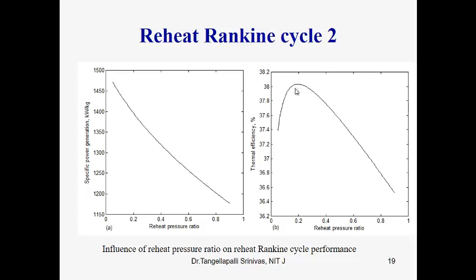It's approximately 0.2. It will change at various conditions, the parameters. The rise and fall of this thermal efficiency is interpreted because of the extra heat addition. On the positive side there is more output, on the negative side there is more input also. That's why there is a balance between these two conditions. That is a trade-off.